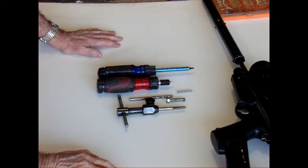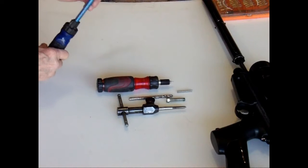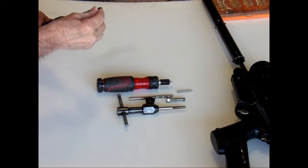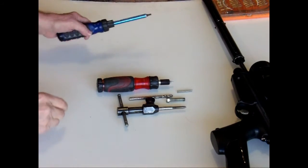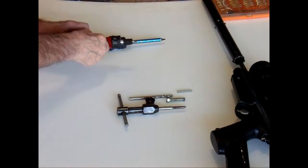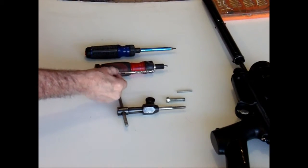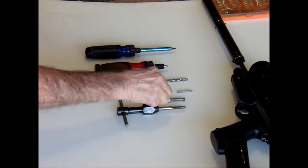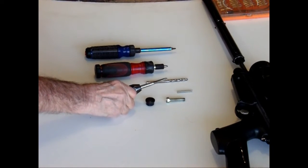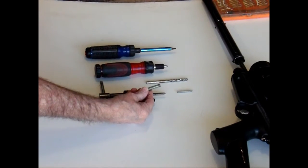This is what you're going to need to do the conversion. You're going to need a square tip screwdriver, a regular flat tip screwdriver, a 1/4 inch drill bit, a 5/16 tap, a 5/16 bolt with the same threads